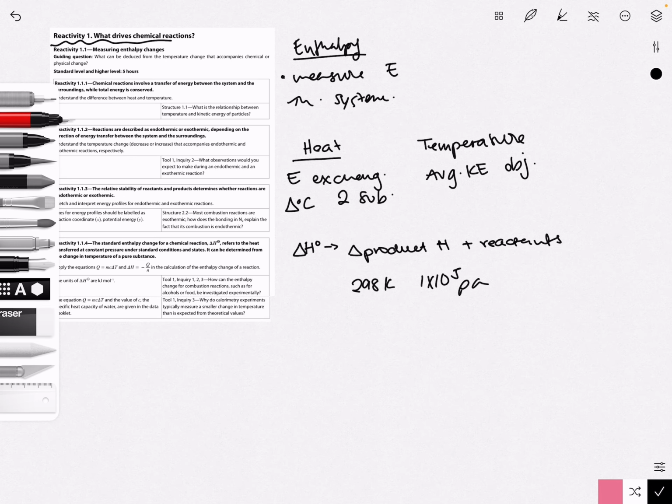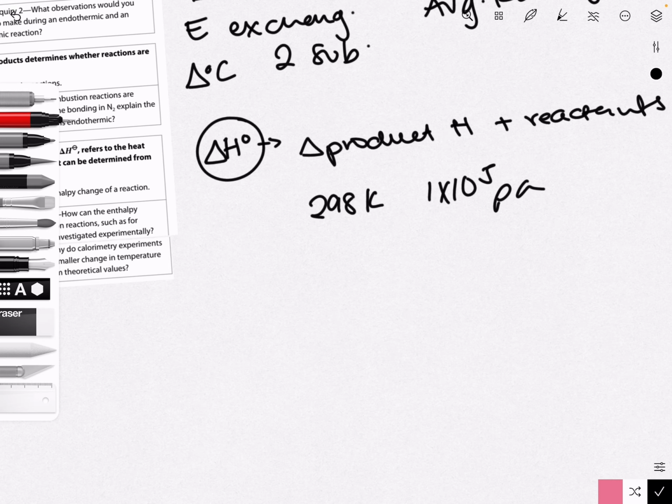To determine if a reaction is endothermic or exothermic, we will have to look at the overall change in enthalpy. Let's just take a nice simple example before we get into Hess cycles, when this will make a bit more sense. So let's say that we are trying to make ourselves some